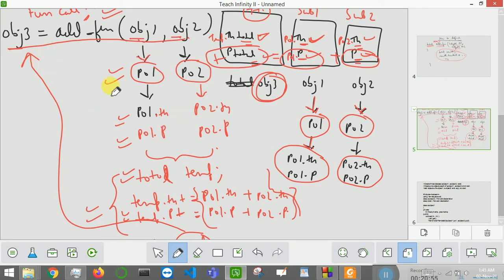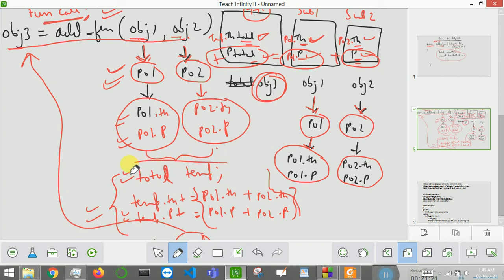So this is how you will do it. These are the same steps that you follow. Always remember, first you write the function call, then you have to decide which are the calling object and which are the passing objects. After deciding that, you will change the names of these passing objects, then you will write the variables, then you will perform the task given to you.